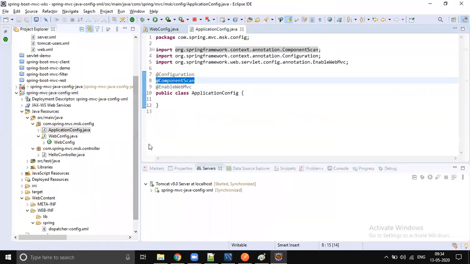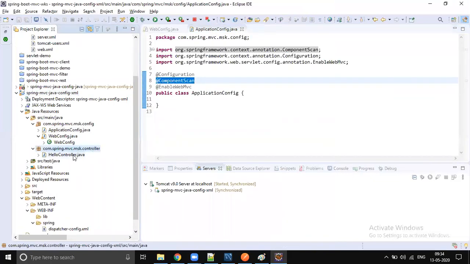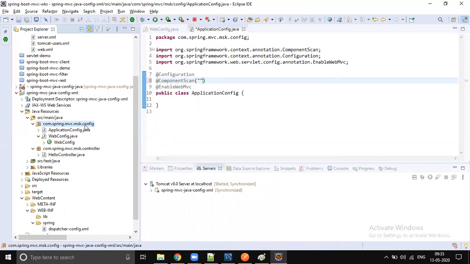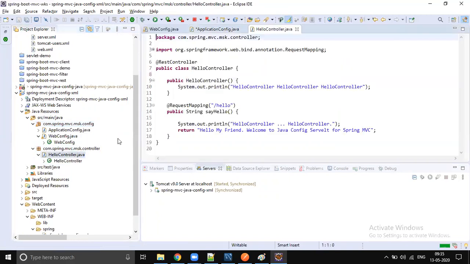Yeah, there is one small problem actually. The controller is present inside a different package. If you don't specify the base package, it will scan from here and the sub packages, but unfortunately this controller is present in a different package. So I should give that package.